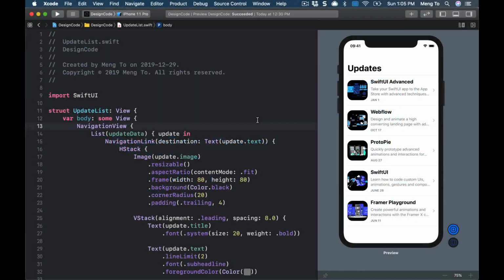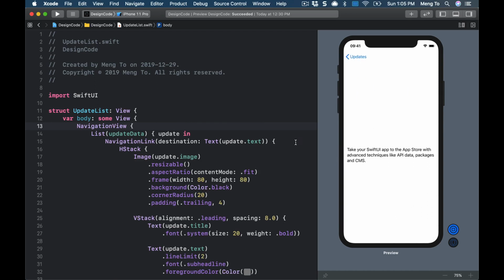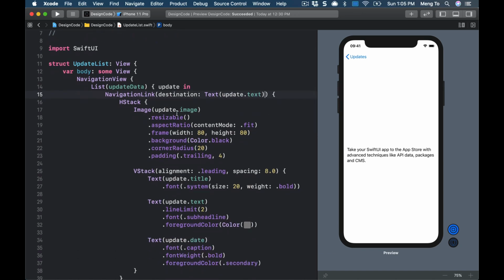Hey, and welcome back to the 18th section of the SwiftUI course. Today, we're going to create a detail screen so that we don't just pass this text here. It's going to be a new view. And on top of that, we're going to pass a bunch of variables such as the image, the title, the